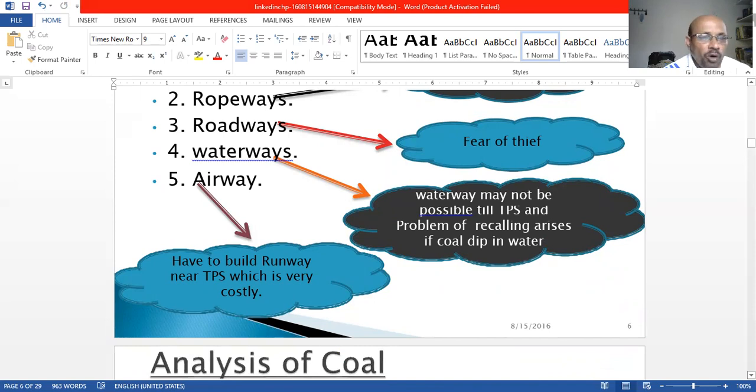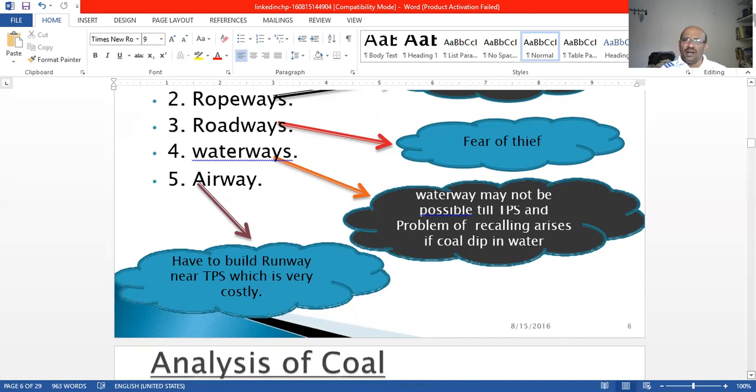Another thing is there, waterways. In waterways, a problem arises if coal gets wet in the water. So why are we not preferring waterways and roadways, and I won't prefer airways also. So why? Because of